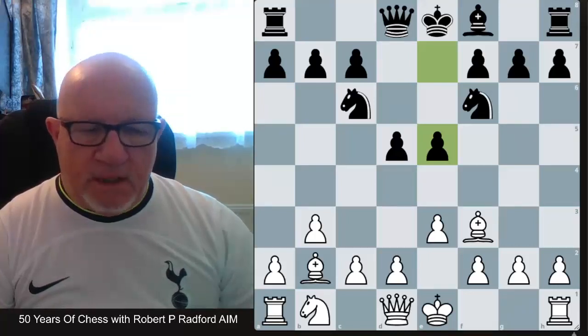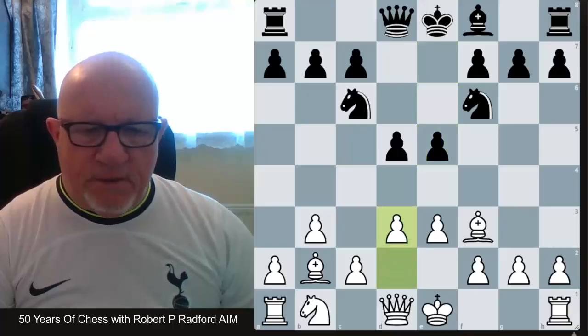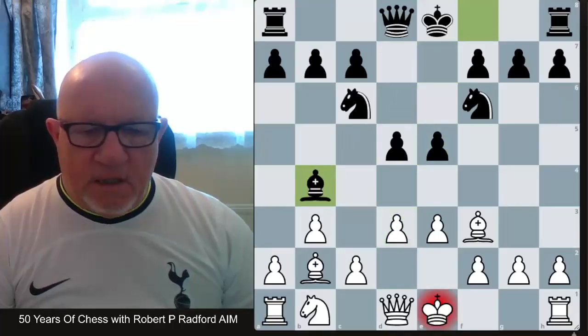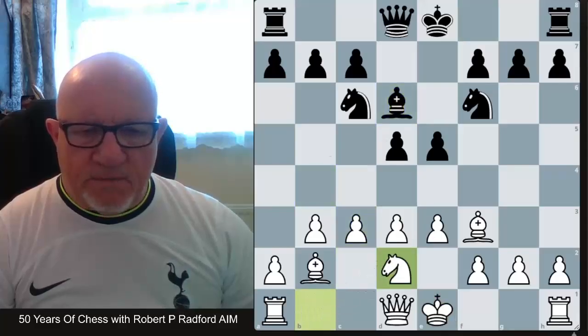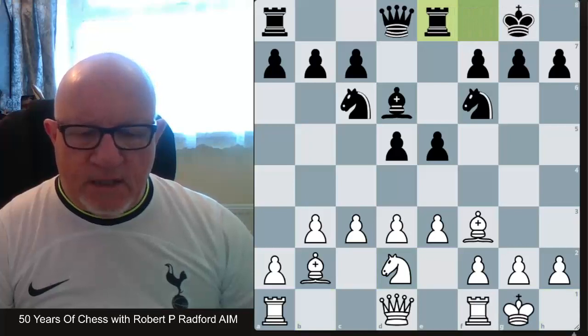So Dave's trying to establish a solid centre for black, but this is a hyper-modern type opening for white, and it's the way it's played. You don't strike out at the centre, except for long range with your bishops and things like that, which we're doing here. So d3, bishop b4, c3. Bishop back to d6, knight d2, castles, rook e1, rook e8,